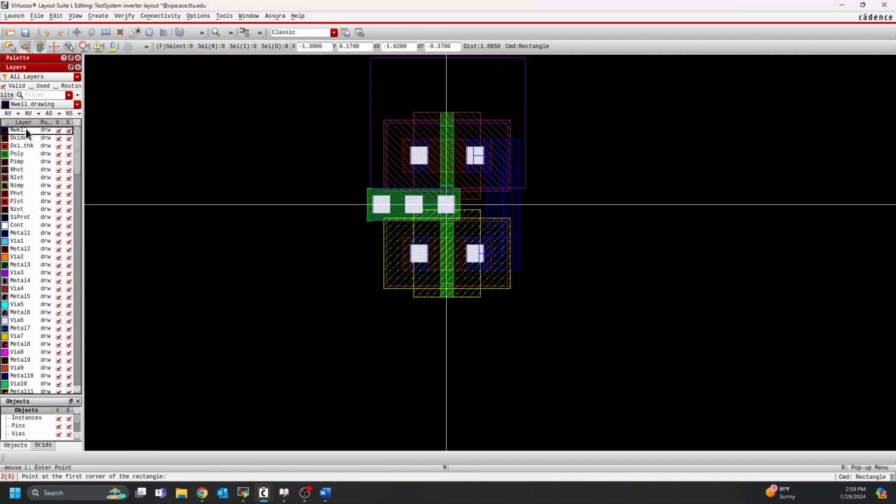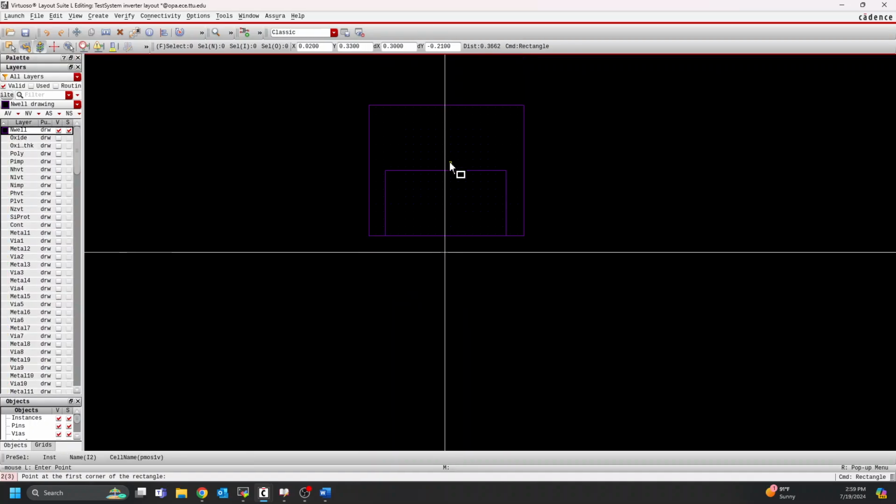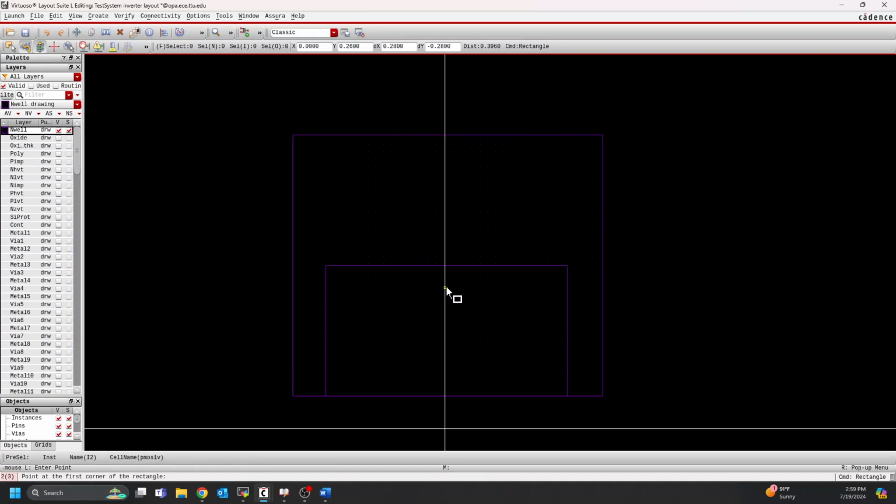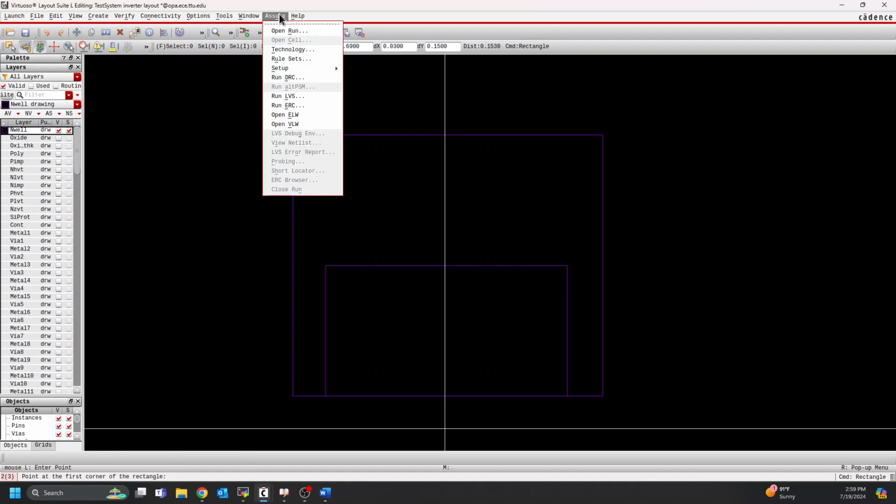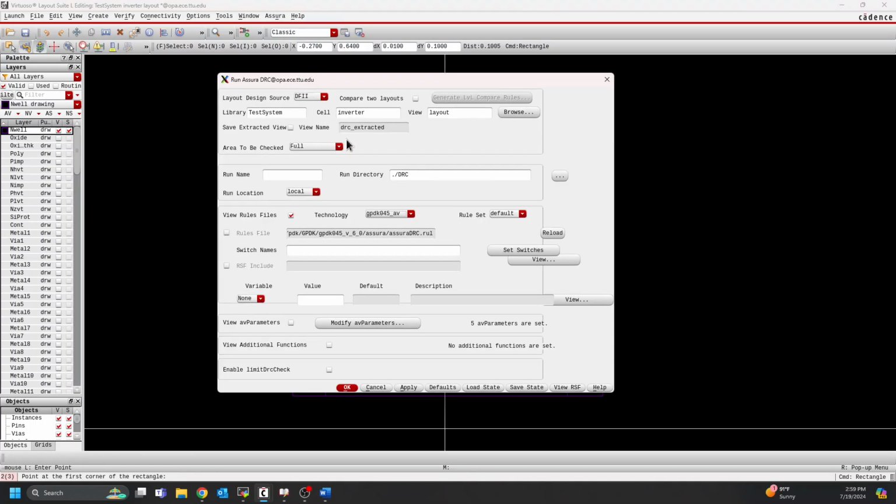Now, if we just look at the in-well layer, we can definitely see that there's one rectangle inlaid inside of another, but the DRC and the fabrication team is going to treat this pretty much as one single in-well. So even though the in-well area that we started with is still smaller than what we would need, it's going to pretty much join these two together. So if we do Assura, run DRC, once you have everything set,